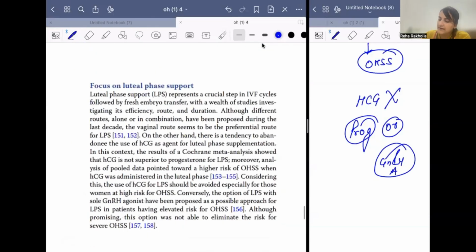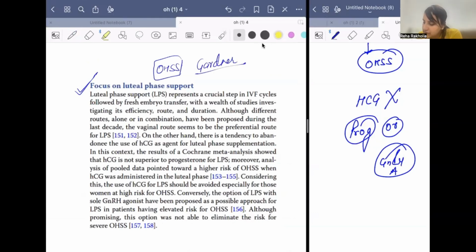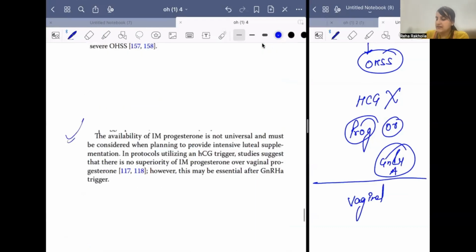Now see here, this is from OHSS from Gardner that I have taken. Here it is said that the vaginal route is preferred. Vaginal progesterone we'll use in an OHSS patient, okay? Vaginal progesterone. But in the GnRH agonist chapter, it was shown that while using a GnRH agonist trigger,